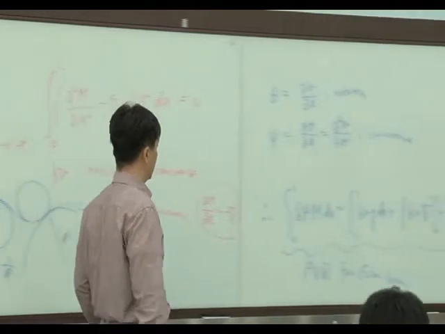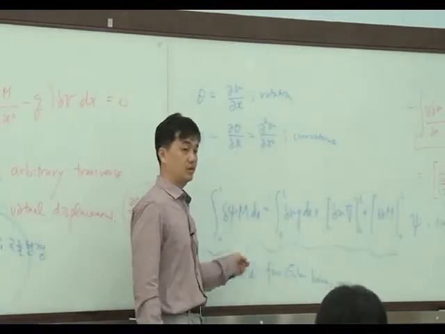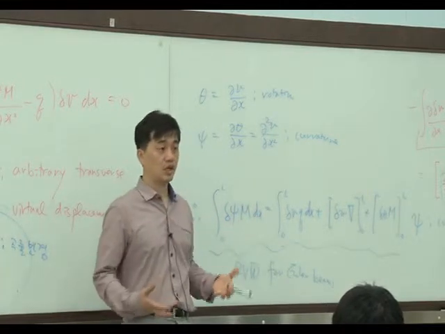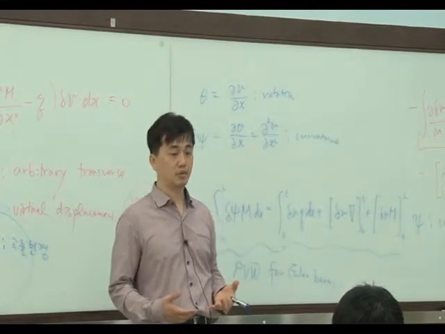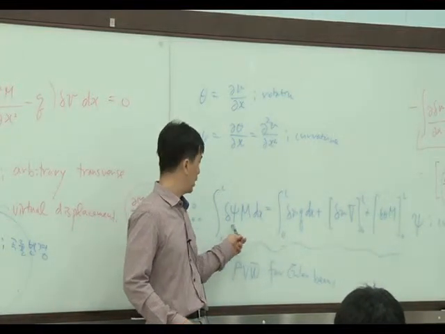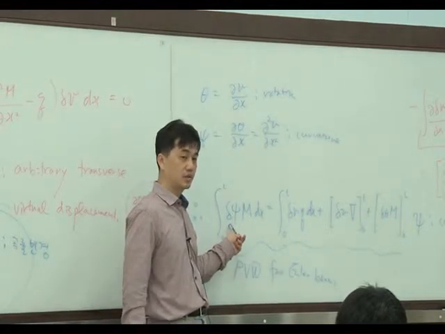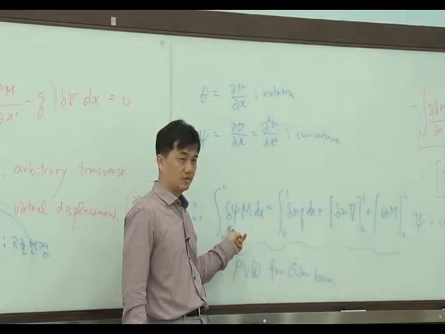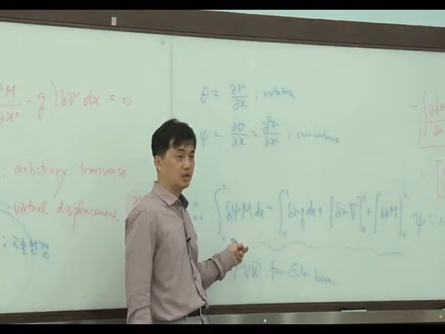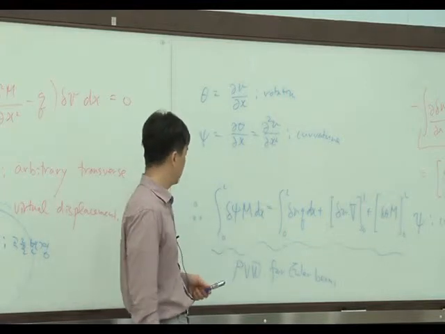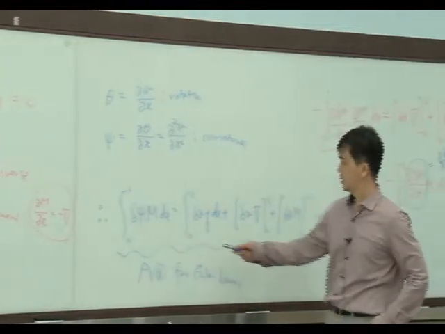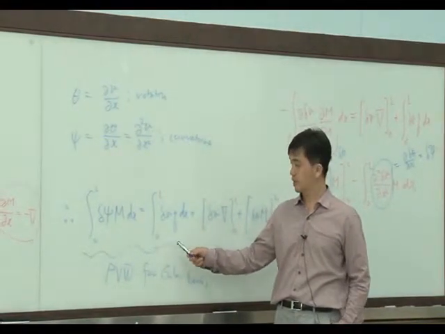So here, the left-hand side is the internal virtual work. How can we calculate the internal virtual work for the Euler beam? The internal moment and the virtual curvature. So we need to calculate the curvature to calculate the internal virtual work for the Euler beam. And the right-hand side looks very simple, right? This is the external virtual work calculated by